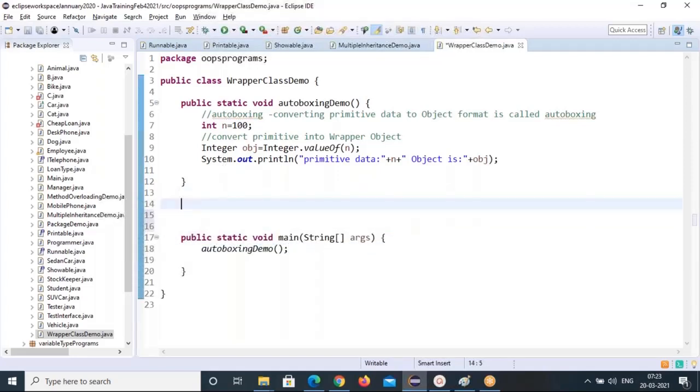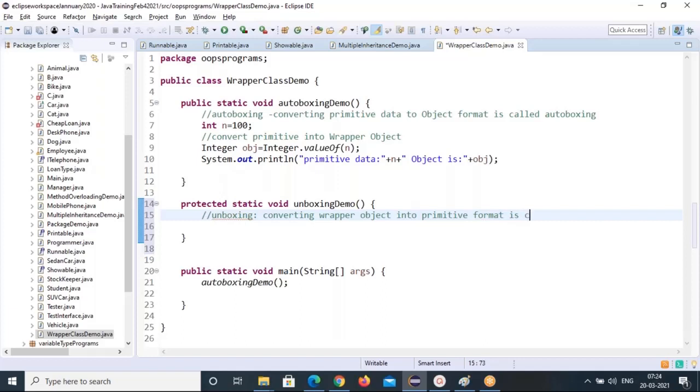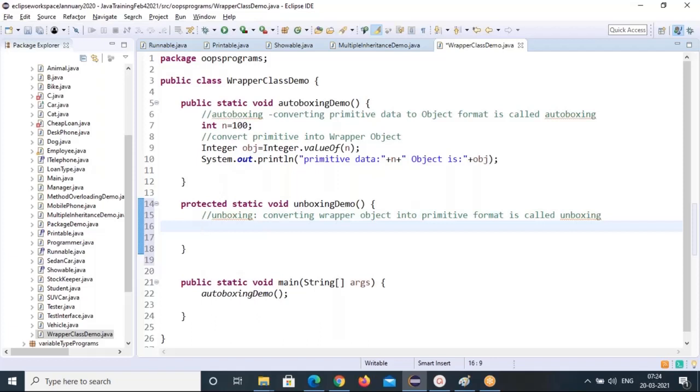Next, unboxing. So what does unboxing mean? Converting a wrapper class object to primitive data. Primitive format is called unboxing. Quite opposite to autoboxing, right?